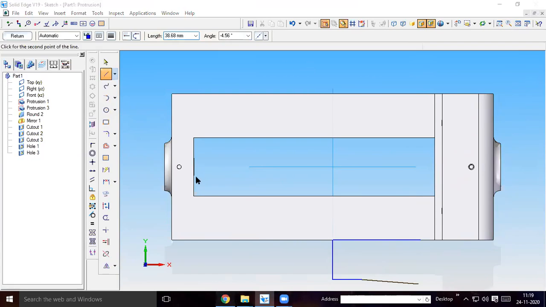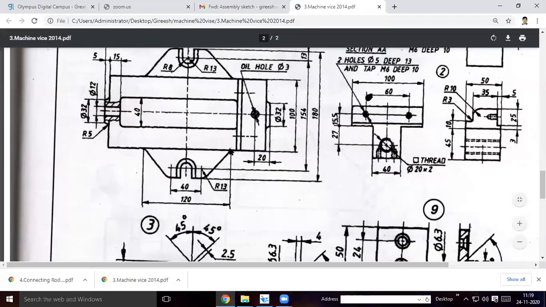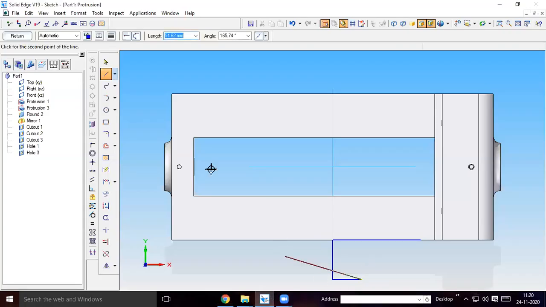So here you see what I did, a 60 mm line. Then I stop here only. So from here to here the distance will be 27. From here to here the distance will be 20 mm. That's what I drew. From this center you draw an inner circle of 8 mm radius, that is 16 mm diameter. This circle will be 26 mm diameter. From here you draw a circle of 16 mm diameter. Okay, from here you draw a circle of 26 mm diameter.